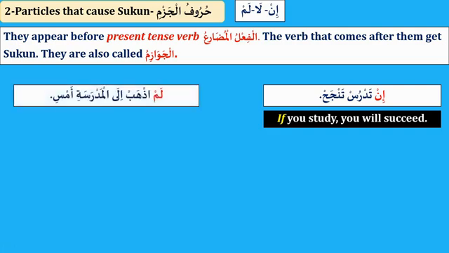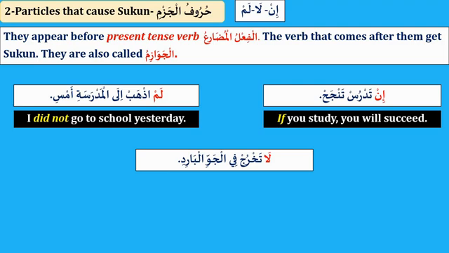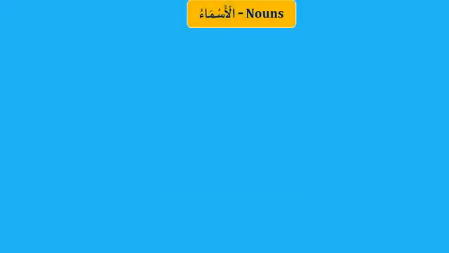The next example. لم أذهب إلى المدرسة أمس. I did not go to school yesterday. لم أذهب, I did not go. Next example. لا تخرج في الجو البارد. Do not go out in the cold weather. لا تخرج, do not go. That is negative command, prohibition. Do not go. And to summarize, the particles that cause any changes in the حركة of the following words are